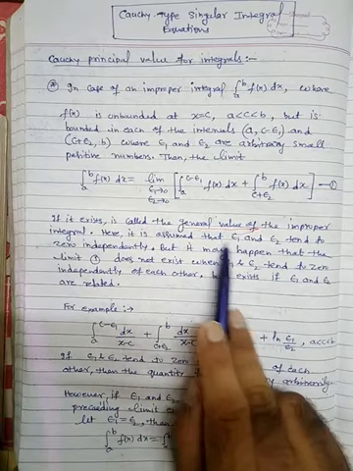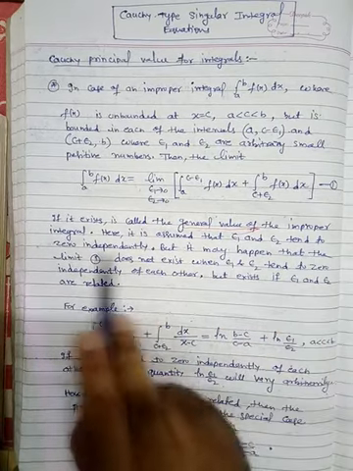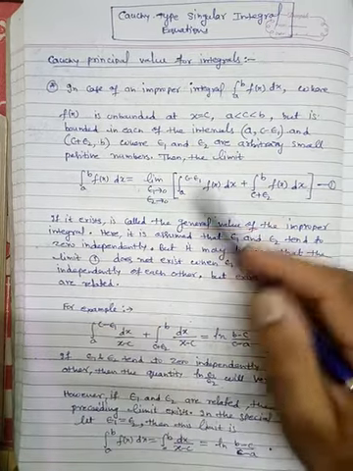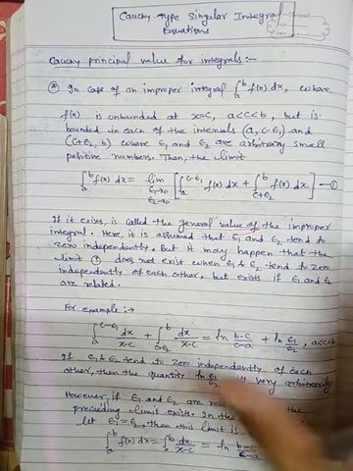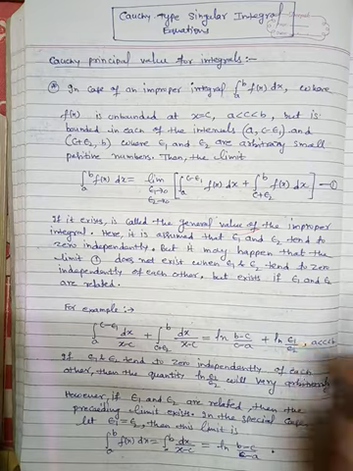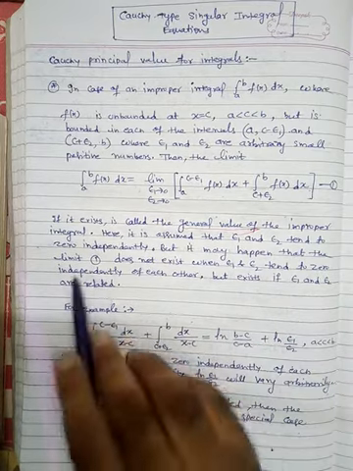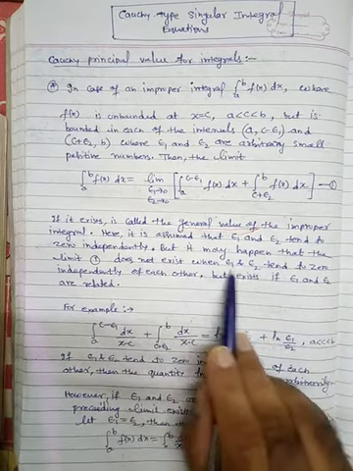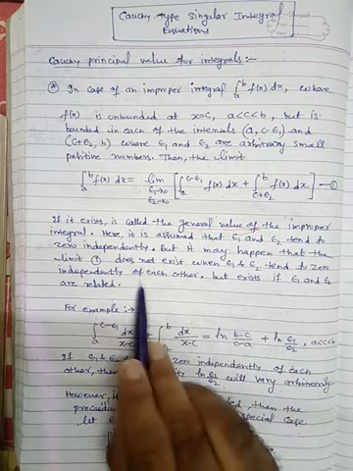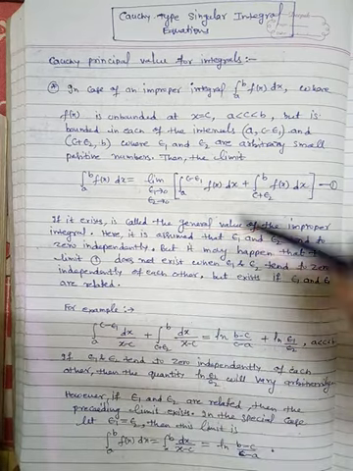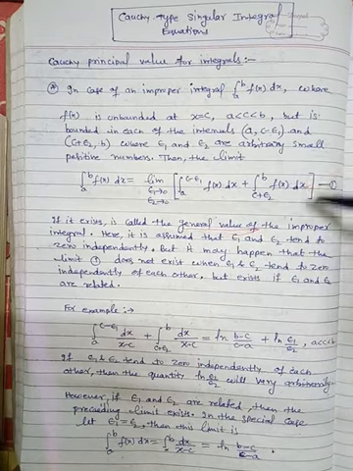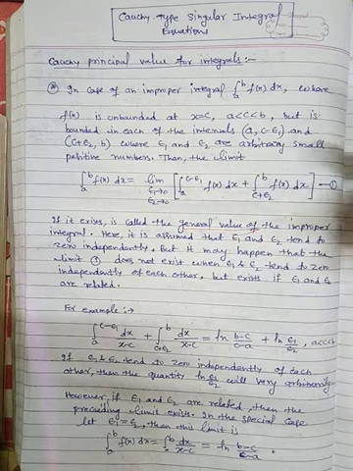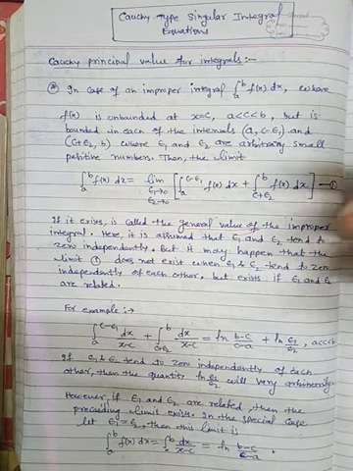Here it is assumed that epsilon 1 and epsilon 2 tend to 0 independently. That means they are not dependent on each other; they tend to 0 separately. There is no relation between epsilon 1 and epsilon 2. But it may happen that the limit does not exist when epsilon 1 and epsilon 2 tend to 0 independently of each other. If we make them tend to 0 independently, this limit may not be evaluated or may not exist.